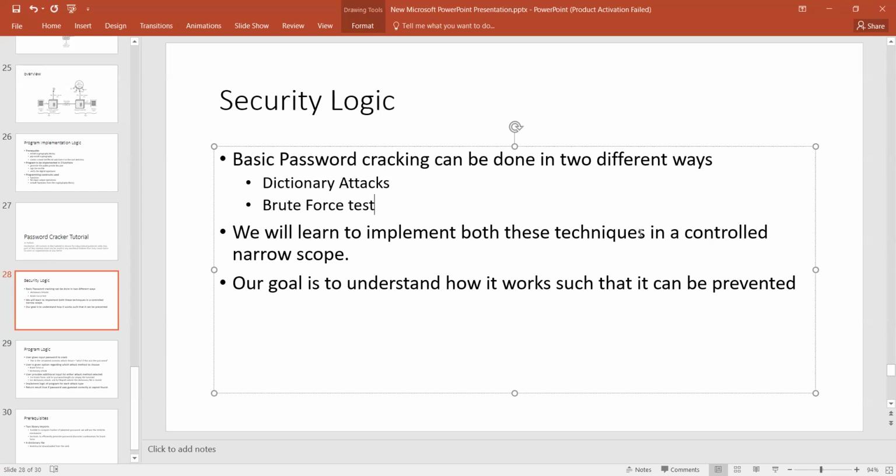So we will see how to implement both of these techniques. And of course, we will do it in a controlled, narrow scope. So in practicality, for example, like we discussed, passwords are not just stored as secure hashes, and we don't use fast hash functions to implement them. So even though through those assumptions we will be able to understand how password cracking works,